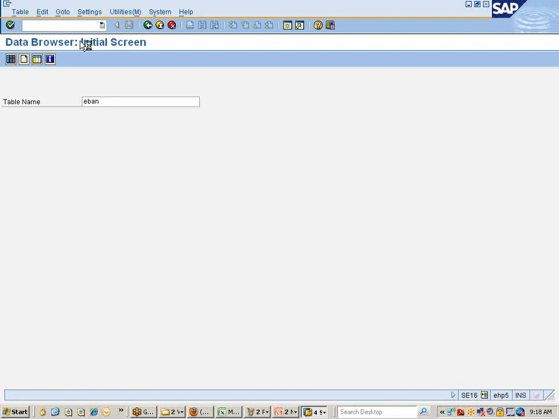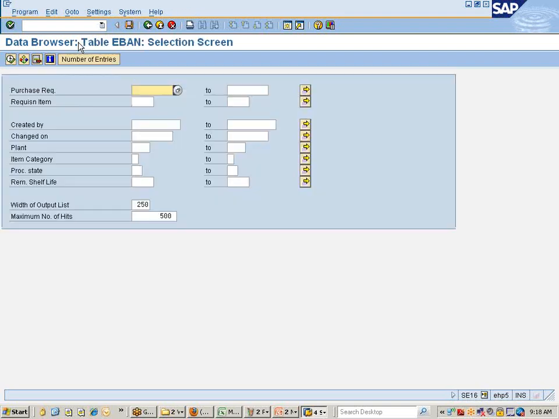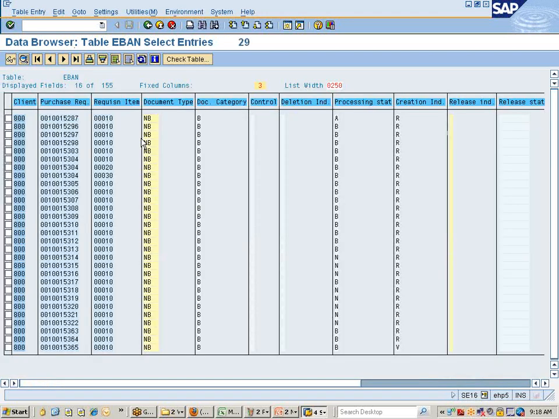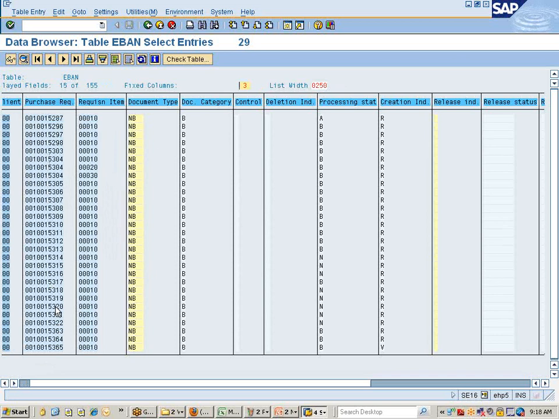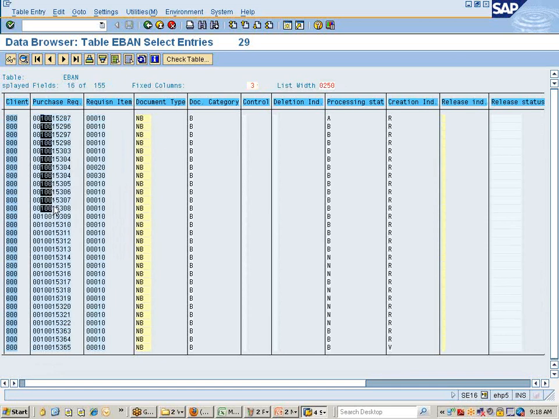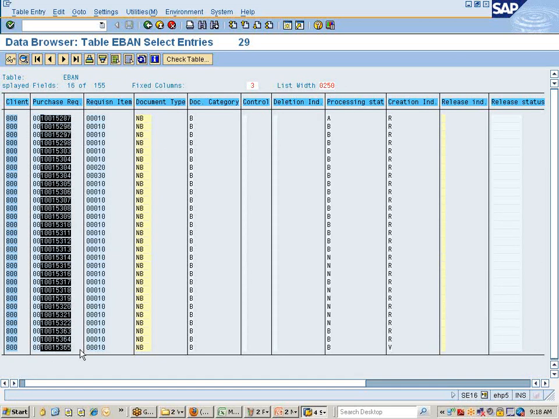I'll just try to find out the requisitions created for our plant. C execute. చూడండి ఇక్కడ ఎవ్రీథింగ్ వాజ్ క్రియేటెడ్ విత్ నంబర్ రేంజ్ 1 కదండి. సో 1తో క్రియేట్ అయి ఉన్నాయి. ఐఎమ్ టాకింగ్ అబౌట్ దీస్ నంబర్స్. ఫర్ ఎగ్జాంపుల్ మీకు ఇప్పుడు 2తో క్రియేట్ అయిన, ఒకవేళ 2తో